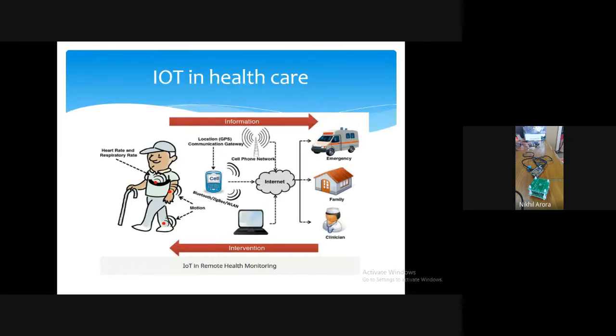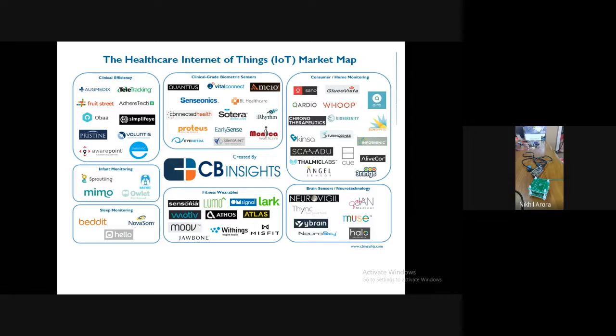So that only I was explaining just now, IoT in healthcare, the patient can be left, and suppose this old man is walking in a park and suddenly he gets some kind of health problem and he falls down. The fall detection sensors are there, and automatically the GPS location will be sent to family and doctors, and immediately an ambulance will come and a family person also can come. So healthcare is the biggest market in IoT, and I like this field very much. So I'm going a little deep in this.